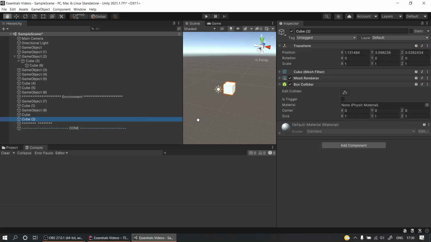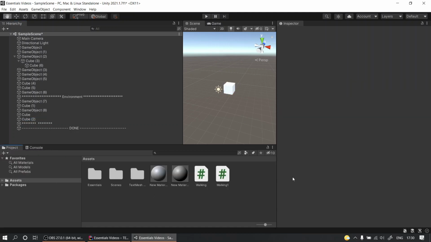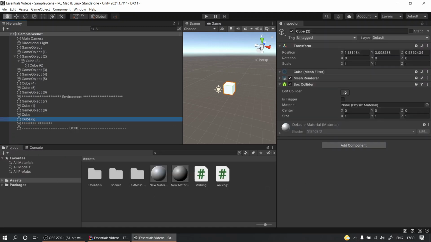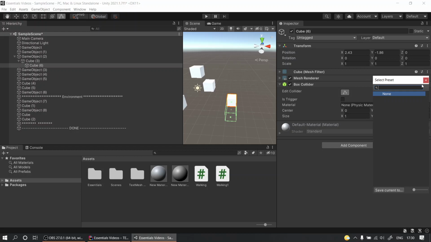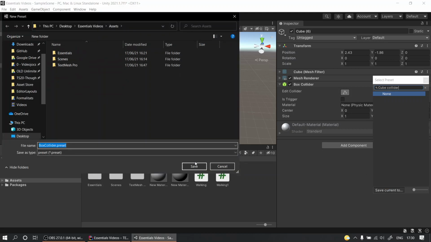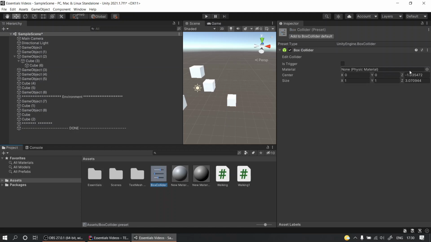Another thing that we can check is, for example, the presets. Let's say we want to have a preset for the collider of the cubes, and we have right now a lot of cubes that we created. I want this cube to have a collider that is kind of like this. Okay, using presets we can save it here itself. Here we have the preset that defines how the collider is,